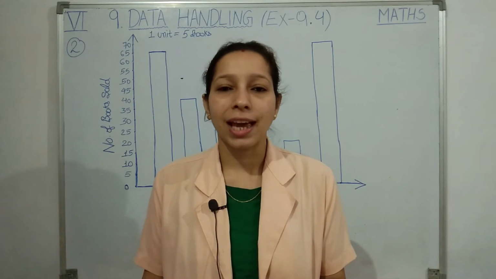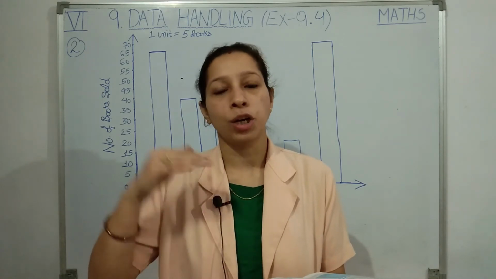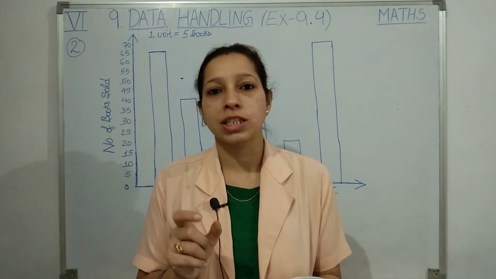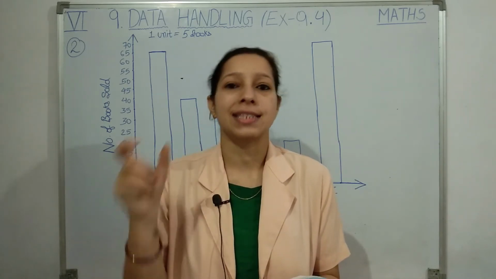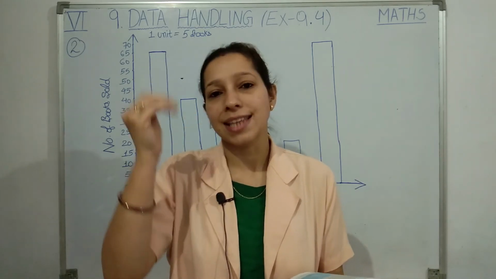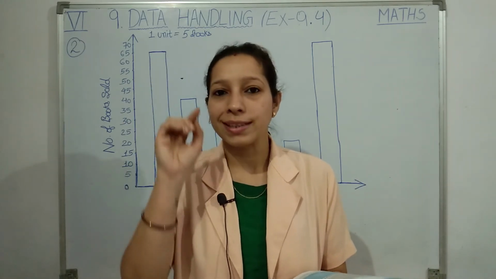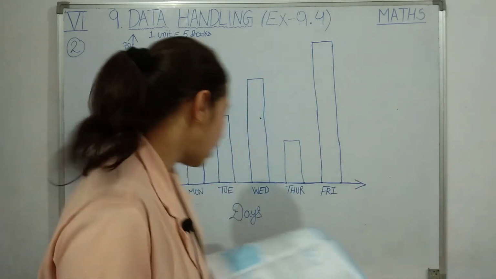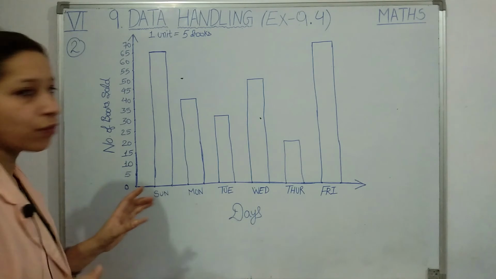No problem. Which scale can we take? Either you can take 10, 20, 30 like that. But for 65, how are you going to show 65? If you take the scale as 10, then you have to mark 65 between 60 and 70. Why? Because between 60 and 70, 65 will come. But here, what I have done, I have taken the scale as 5 units only.